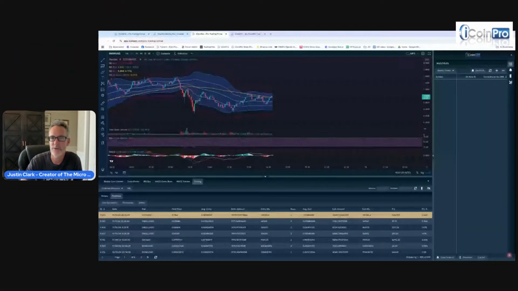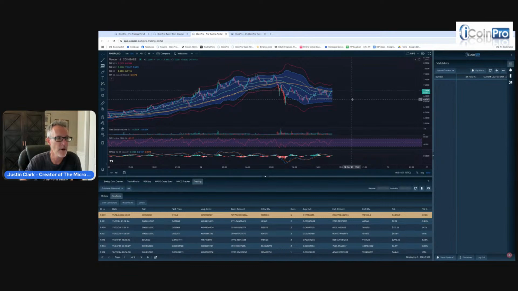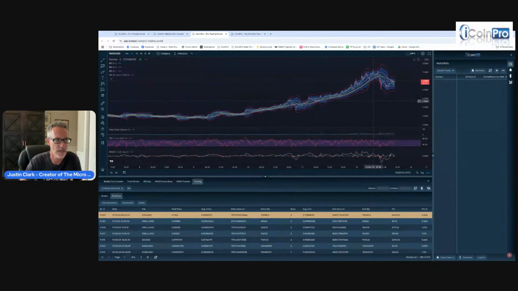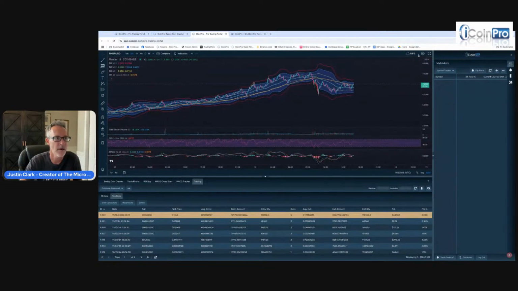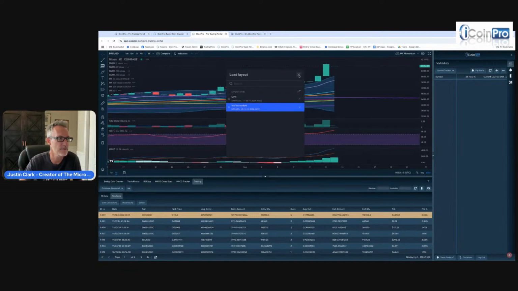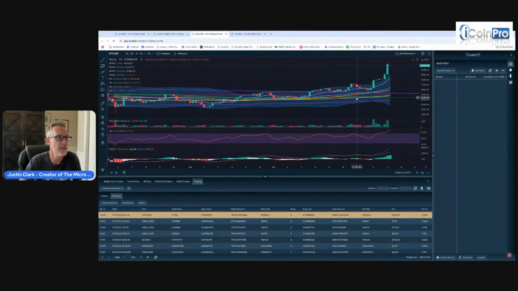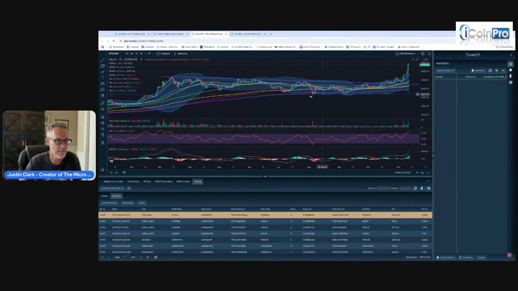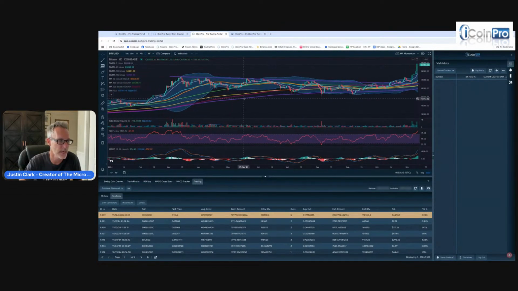For those who are members of iCoinPro, we have our trading portal software. This is our software. Nobody else has this. We built it all custom from the ground up. We're going to be taking a look at what's called the MA momentum chart setup here. Stands for moving average momentum. And what that means is a moving average is a particular calculation of price.